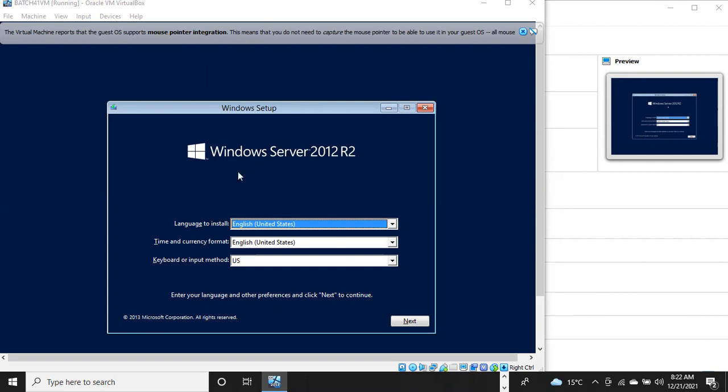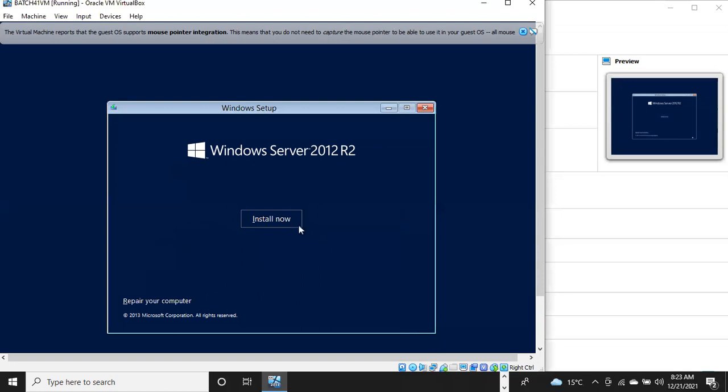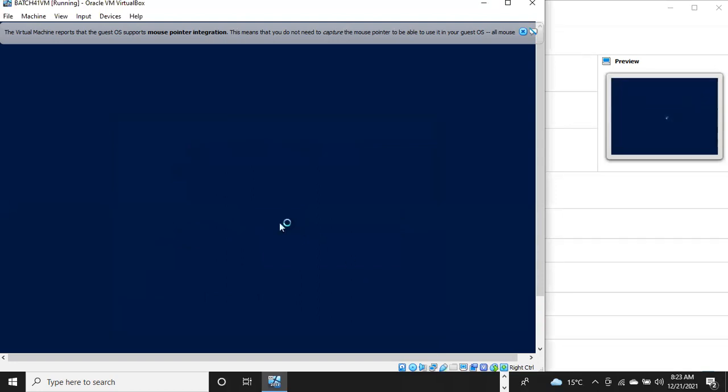Yes. Okay, you will get this window, guys. Once you turn on the machine, you will get this window like this. You can see the screen. Okay, it is asking us to select the language. It is asking us to select the keyboard and all. Okay, location, time, and current format means it will choose US time. No problem. Keep it as it is. Okay, imagine the server is in the US. Okay, go to next. Just click on install now.